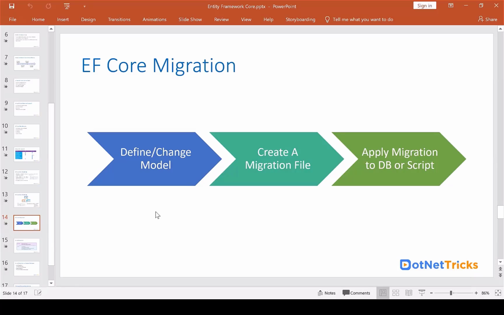If you already have an existing database, you might need to change the model. Then after this, create a migration file. This migration file we need to create by running the command add migration. Then